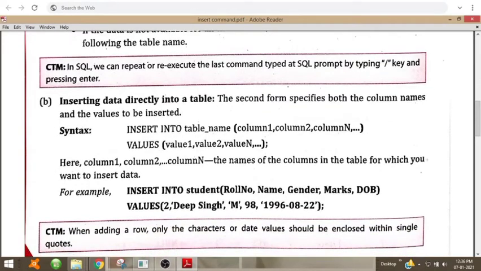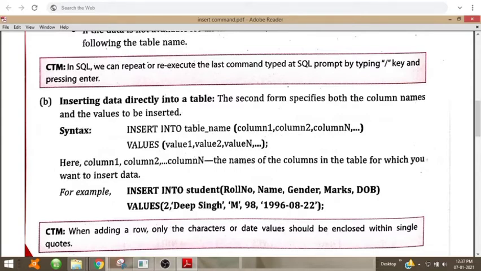Now the next type of insertion. The second form specifies both the column names and the values to be inserted. Here we are specifying all the column names and the values to be inserted.